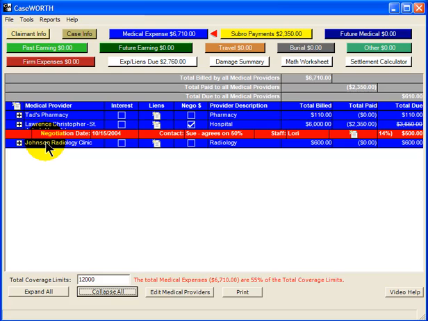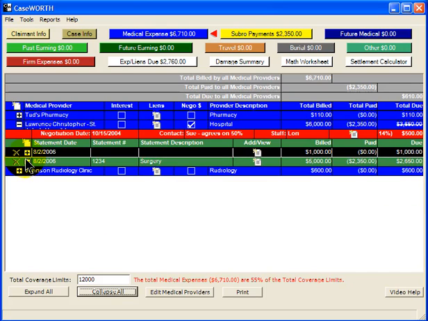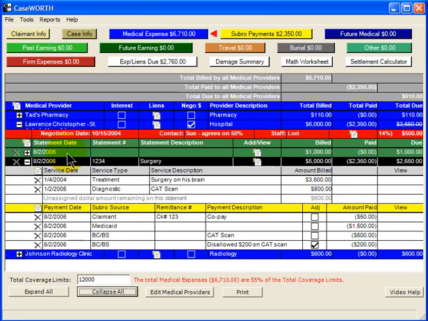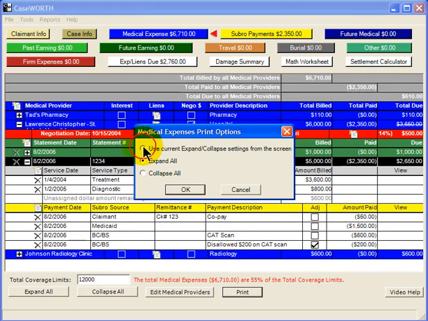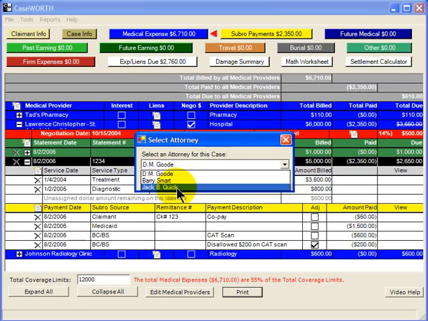If you say, I only want to see the details on this second statement on Lawrence Christopher, but not the first one, and I don't care about the details on Johnson Radiology or Tad's Pharmacy, if you hit print and say use current expand collapse settings, it will actually show you exactly the detail that you have on the screen. You always have to choose your licensed attorney, whichever attorney is working this case,